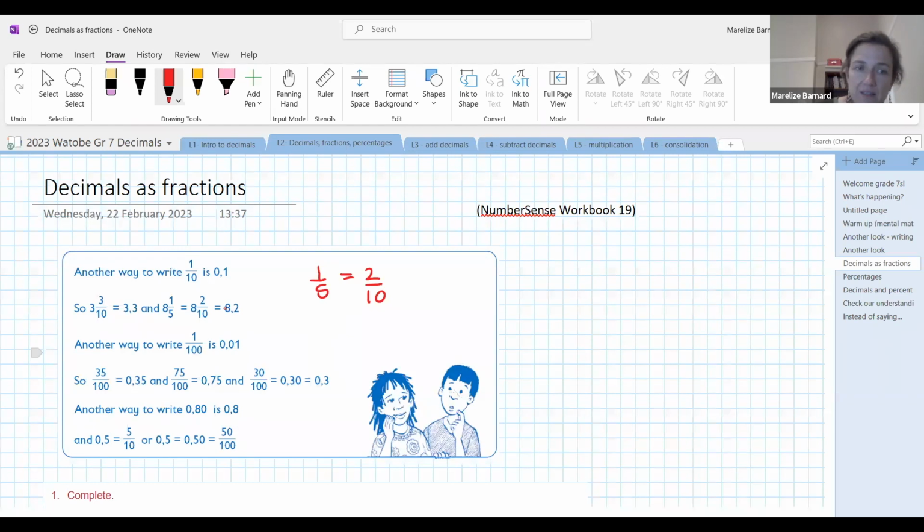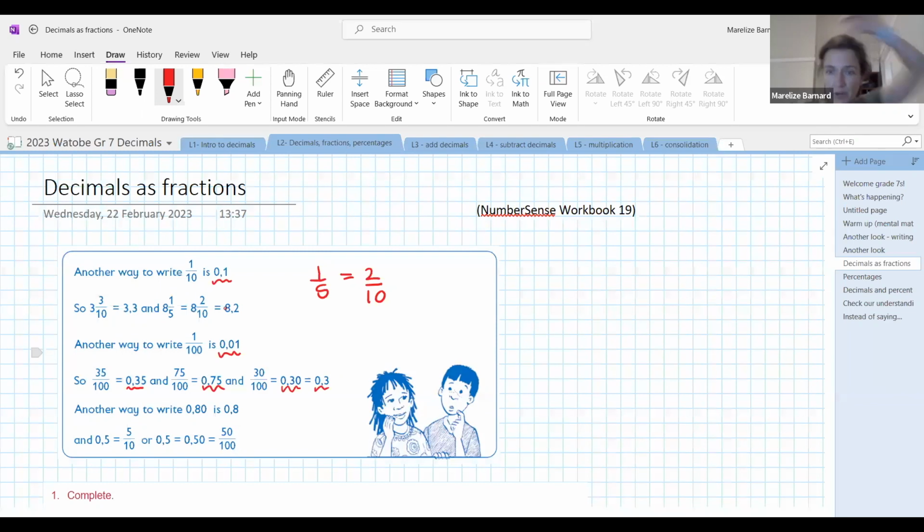So that's looking at tenths. Now, another way to write 100th is 0,01. Before I carry on, just a reminder that you can take a screenshot of this, and or you can write it in your book if you can write fast enough, but you're welcome to take screenshots. So 35 hundredths will be 0,35, 75 hundredths will be 0,75, and 30 hundredths will be 0,30, or we can